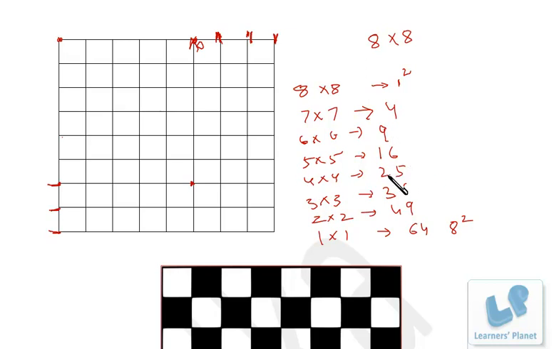Similarly, you can calculate for 5 by 5, 4 by 4 and so on. Again, the question can be framed: see how many squares are there having dimensions 4 by 4, how many squares are there having dimensions 6 by 6, maybe 3 by 3, whatever, right? So this is how the questions can be framed, but believe me, it's very easy to answer the questions based on squares on a chessboard. Okay.